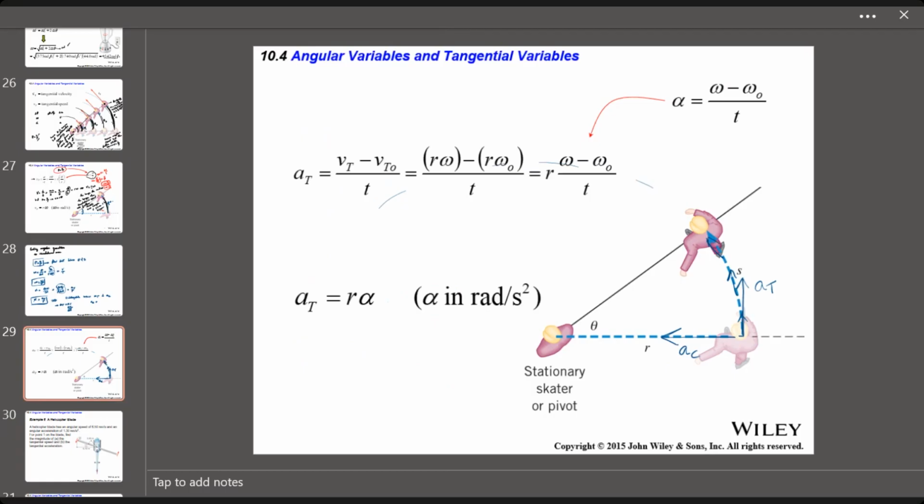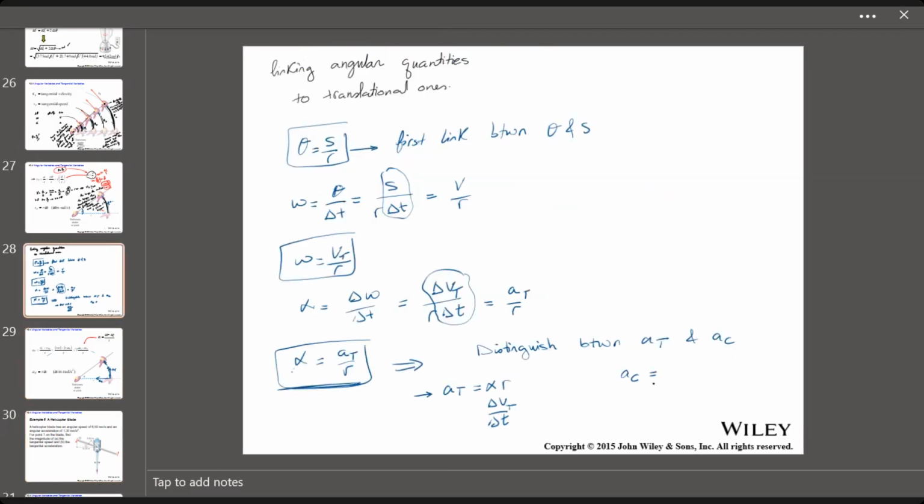What's tilting the velocity is the centripetal acceleration, essentially. Who remembers our formula for the centripetal acceleration from chapter 4? 4 pi squared r over t squared, or v squared over r. Exactly, Saharayan, thank you. So we defined our centripetal acceleration in circular motion to be v squared over r, which